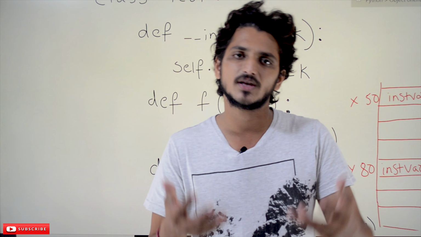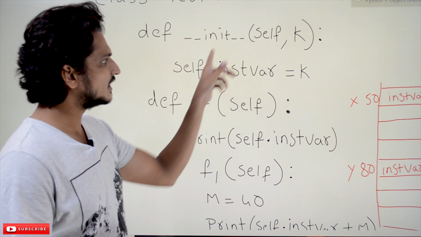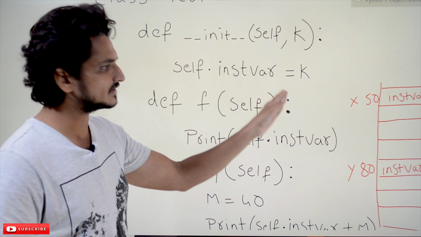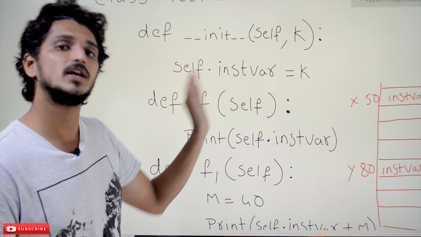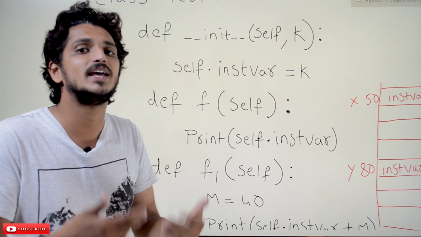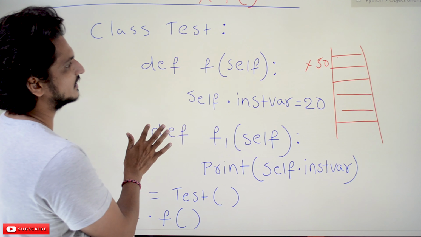If you want to create some 5 or 6 instance variables, create them in the init method. Init method will be automatically called during the object creation. So if you pass the values, we can assign the values here to initialize the instance variables. That's why constructor is used to initialize the instance variables. Let's take one more example so that you will have a better understanding.